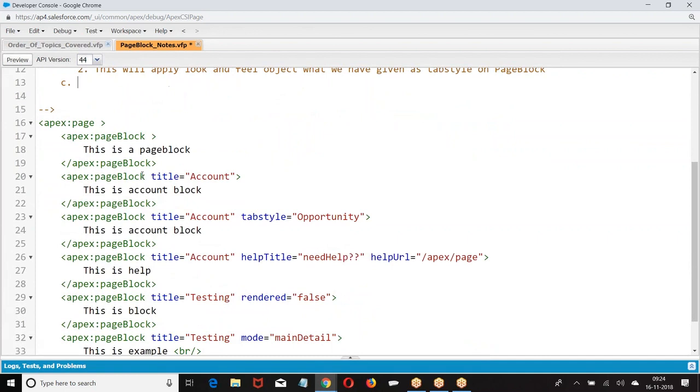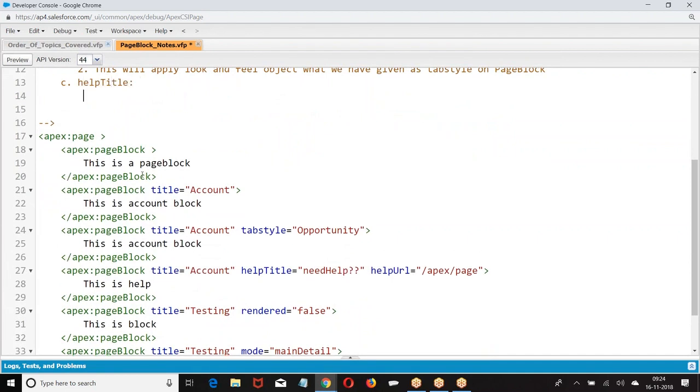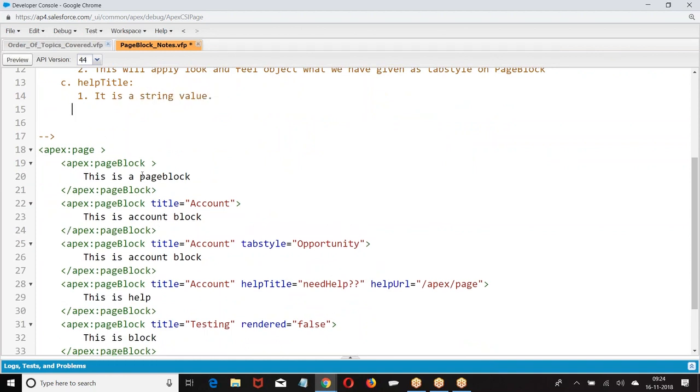Next we have help title. What is this help title? It will be displayed as a link on the right corner of the page block header.